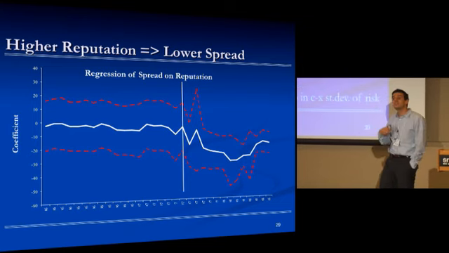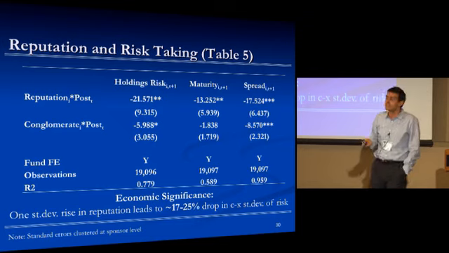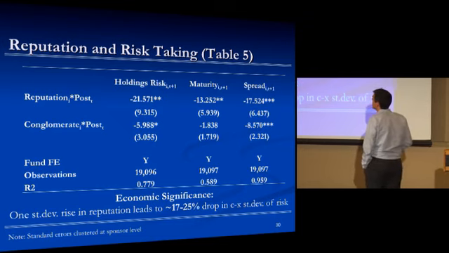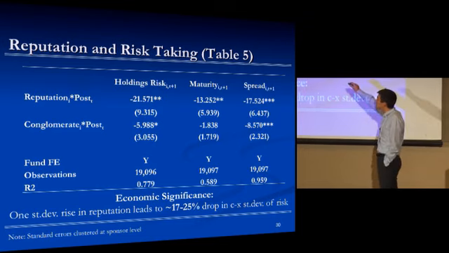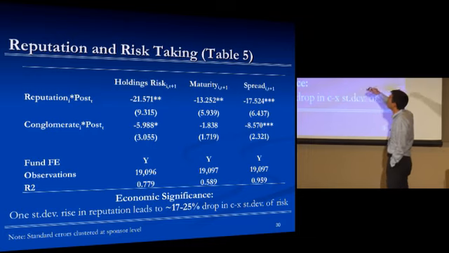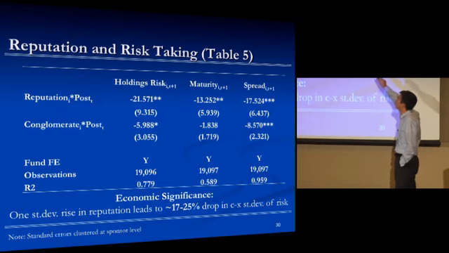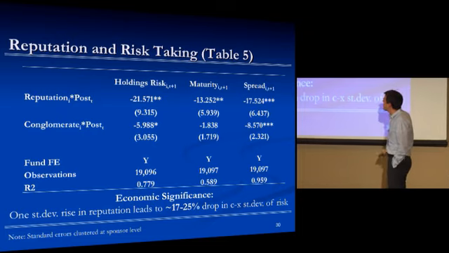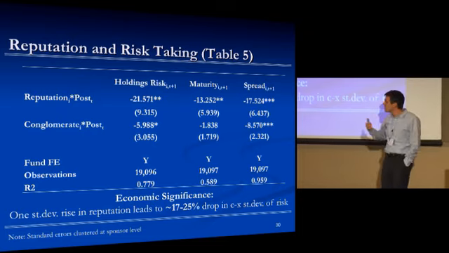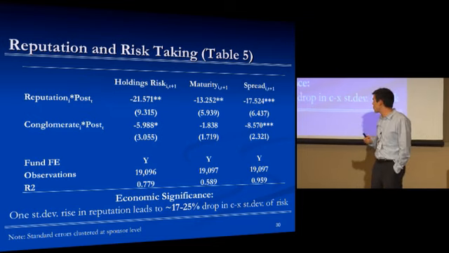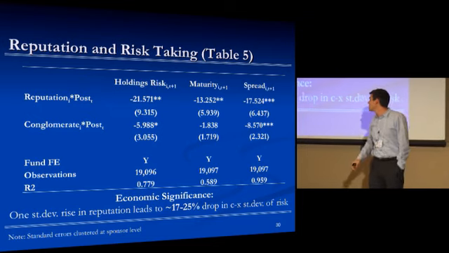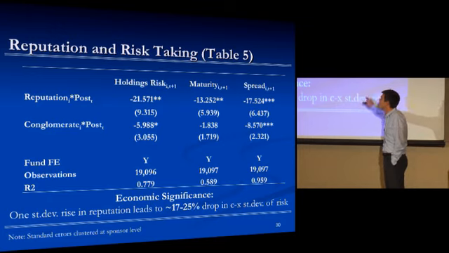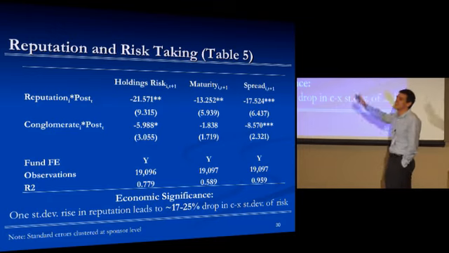Now, you can put that in the standard regression framework, and what you find is that these are statistically significant, both the reputation variable and the conglomerate variable, for most of the outcomes we're looking at, except maturity for the conglomerates. In terms of economic significance, a 1 standard deviation increase in our reputation measure leads roughly to a 17 to 25% drop in the cross-sectional standard deviation of risk,